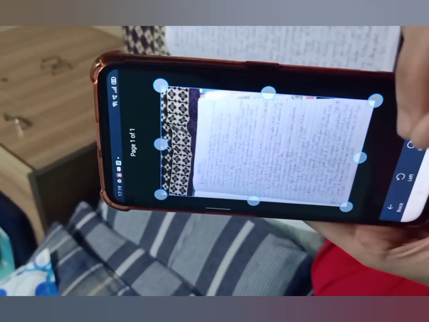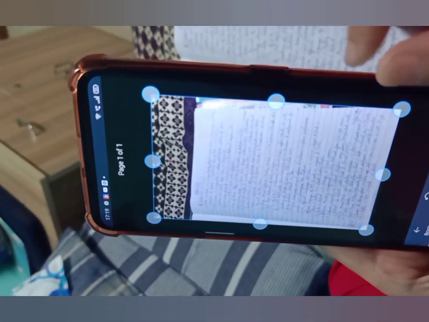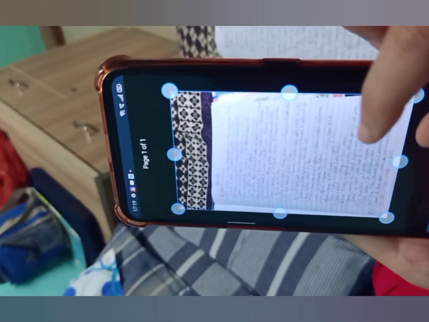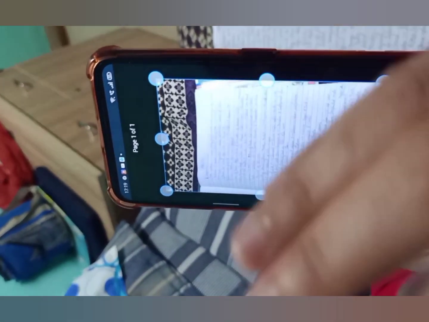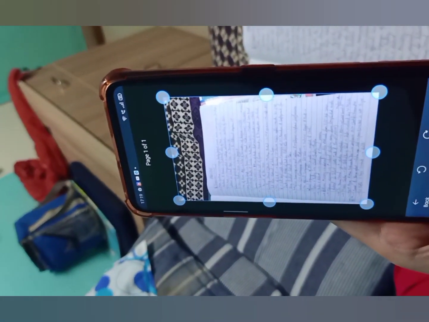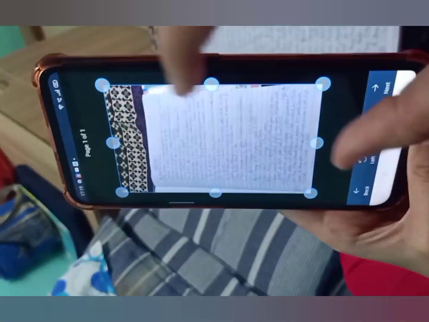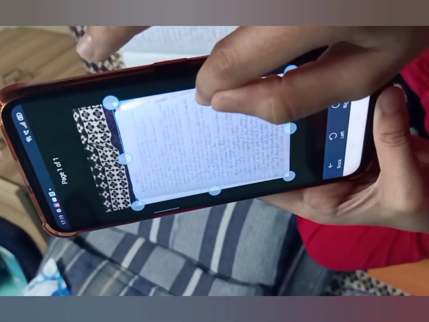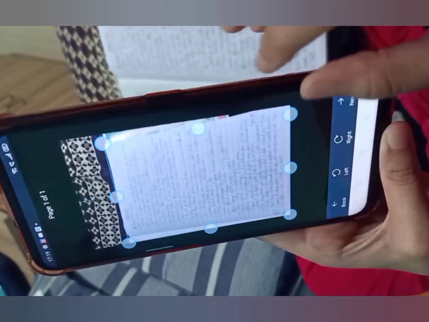Now this cropping part is crucial. It plays a crucial role in this PDF scanning process. So these three pixels which are being shown, you need to adjust them according to the content so that the content doesn't get hidden. Content should not get hidden, so you should include it according to the page size of the book, and the frame should include every bit of content. I'm adjusting the pixels accordingly so that every content of the book is included.